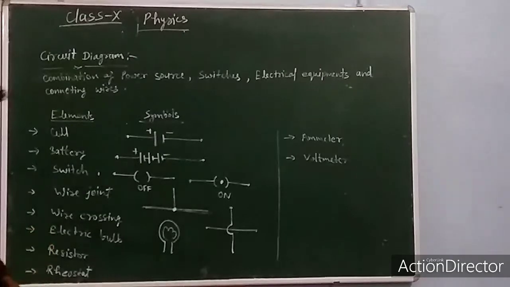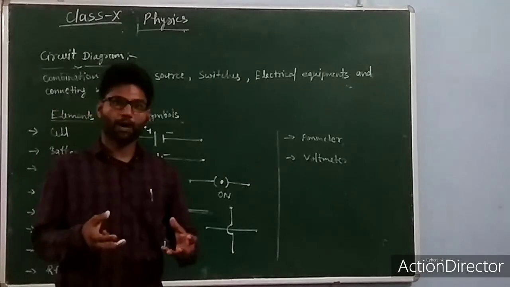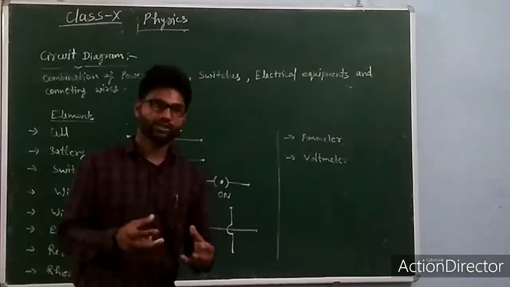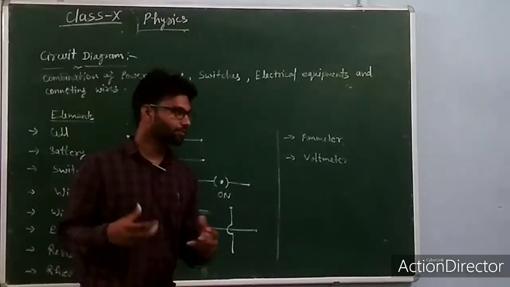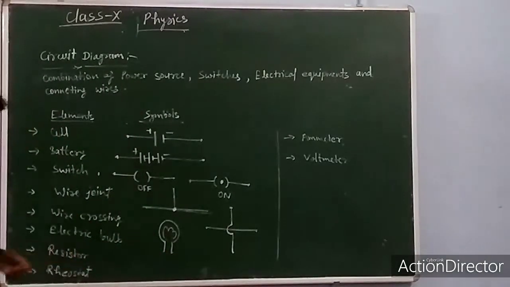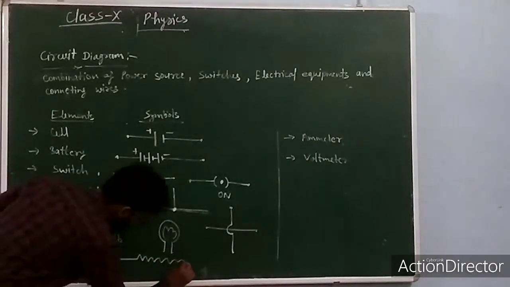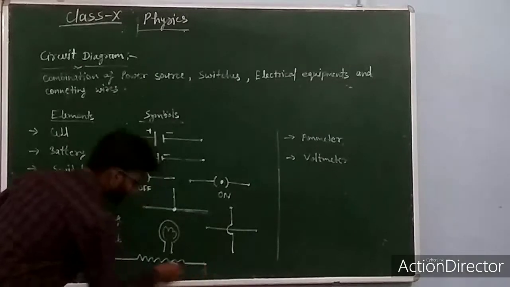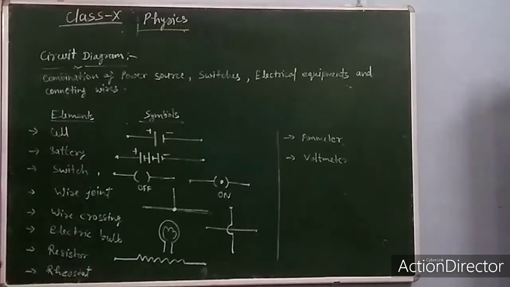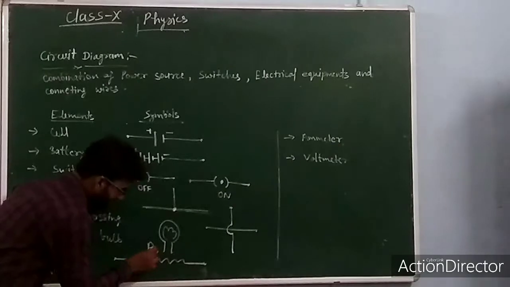Right? Next we will talk about the resistor. Actually resistor is the power consuming element, right? If any device we are using which is consuming the power, that means that particular device will have certain resistance, right? So how we will represent the resistor? Resistor we will represent something like this. That is a spring-like structure, right? This is the resistor. So this is the symbol of resistor, right? I am representing it with R0.